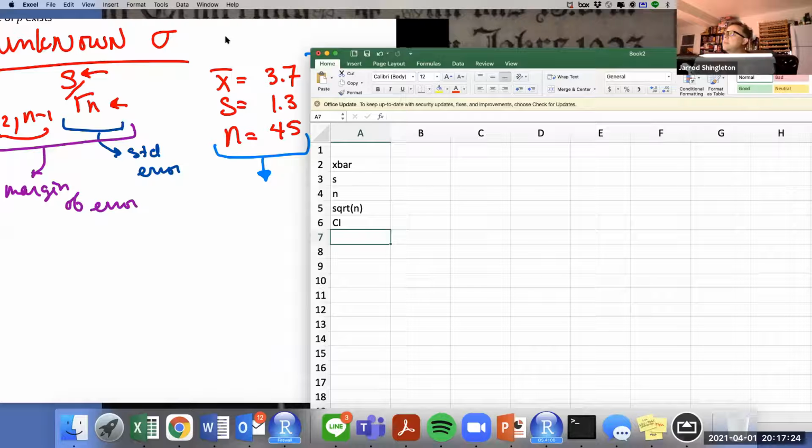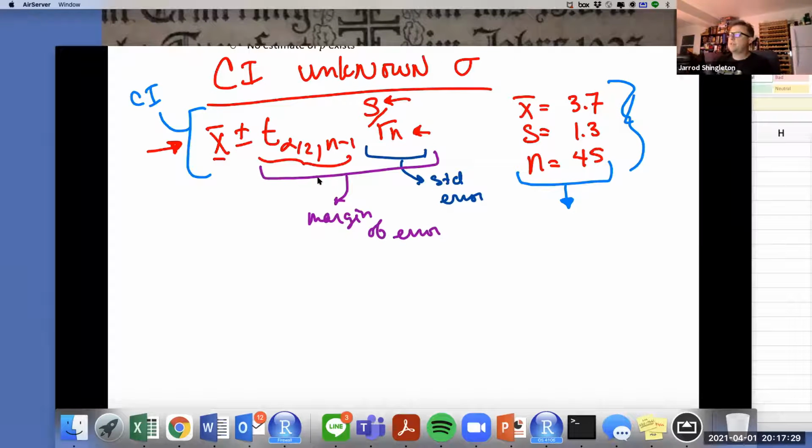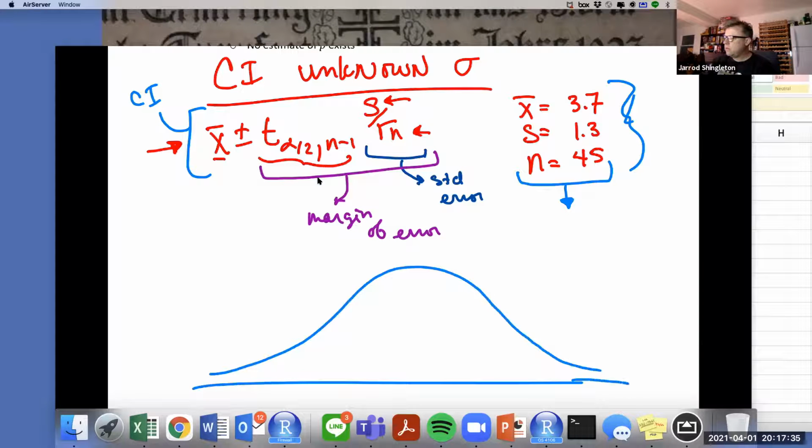Now let's talk about the confidence interval number and your critical value, this t alpha over 2. This t alpha over 2 is going to be derived from a student t distribution. And as you know, a student t distribution looks very, very similar to a normal distribution. There is some mean here, some mu. And this alpha over 2 is going to be some area under the curve. And this is my critical value, my t alpha over 2, n minus 1,